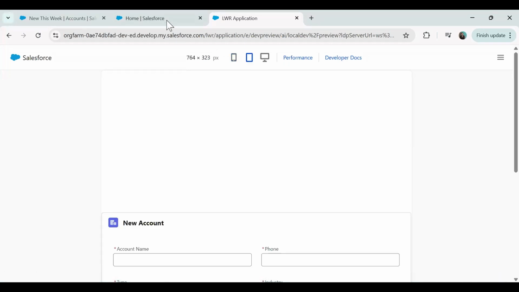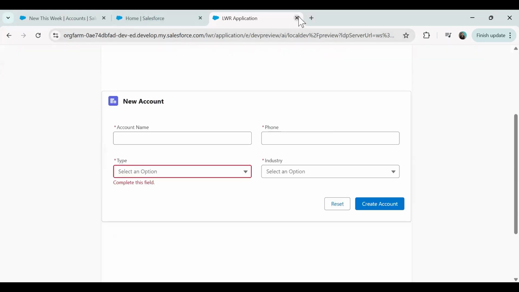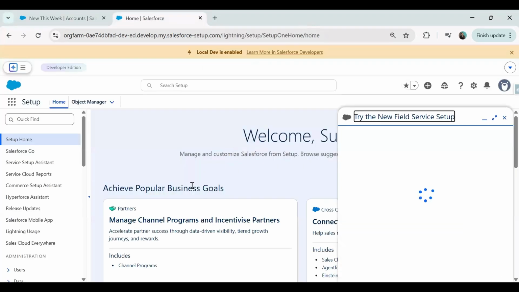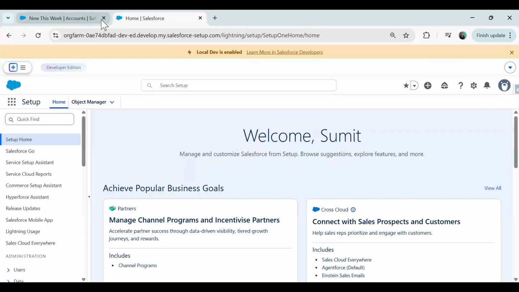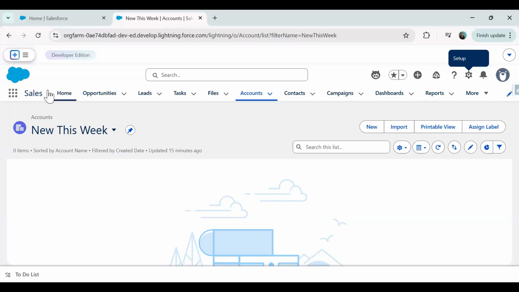Fine. But I would like to do one thing. This is for previewing purposes, but obviously I want to see the implementation, the actual operation. So I decided to place my component either on a home page, or I just want to create a tab. But the thing is,